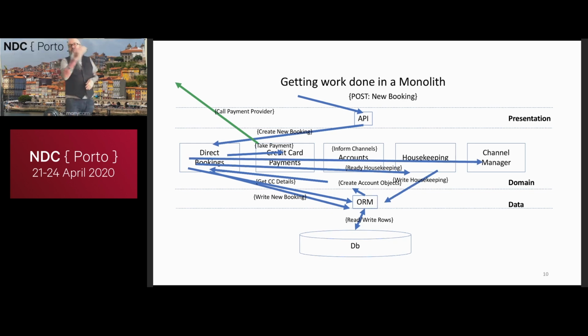And then we might talk to a channel manager. So a channel manager talks to booking.com and Expedia and says, we have a number of rooms available on this date with this range of prices. We may update via the channel manager, hey, these rooms are really in demand right now, so let's basically up the prices. And again, that may talk to some external site to get the actual channels. And of course, you probably get the list of channels from the database.